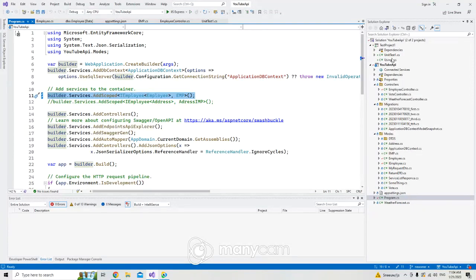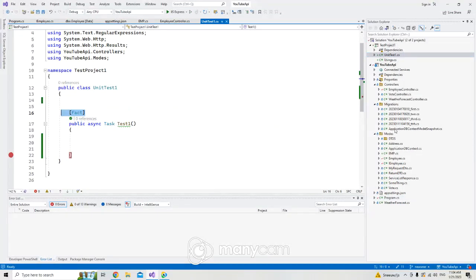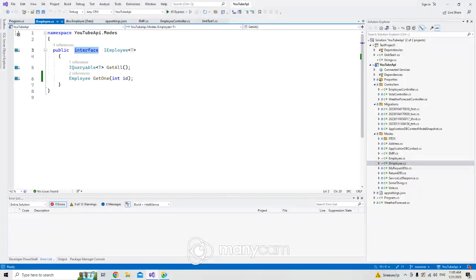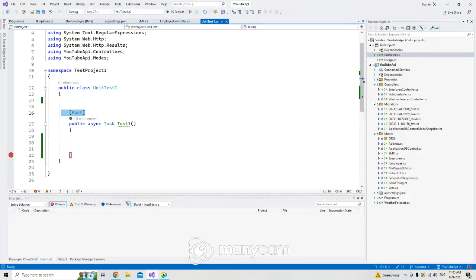And now, in other words, we have the employee interface, and we have a data connection, database connection, application context. Okay, we have two things here in my unit test. I have two or more possibilities. I can now make a constructor and inject my interface and those things, and for that I want to say here